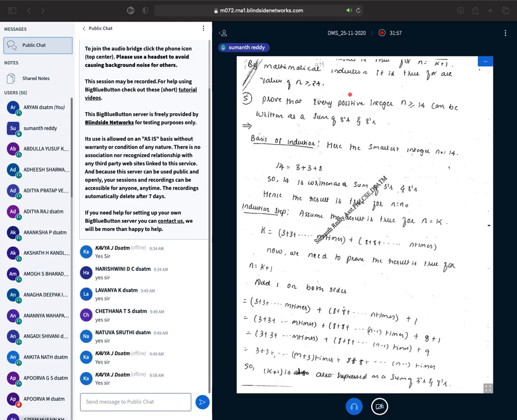Yes, sometimes he will give n greater than or equal to 14 can be represented as a sum of 3s and 8s. The procedure remains the same, but instead of 5s and 7s, this time it is 3s and 8s. First I will check with the least value, that is n is equal to 14. Yes, 14 can be clearly represented using 3s and 8s. So 14 can be represented as 8 plus 3 plus 3.